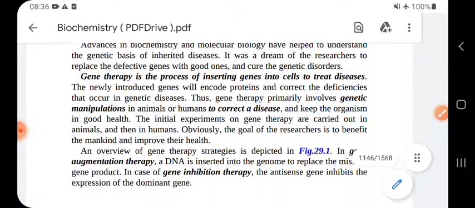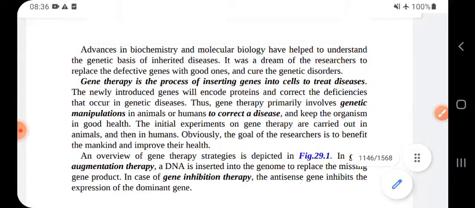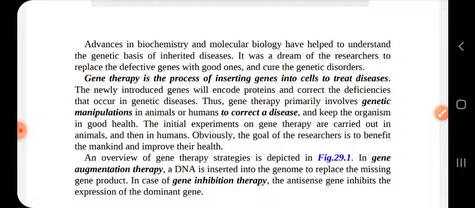So, what actually is gene therapy? Gene therapy is an experimental technique that uses genes to treat or prevent certain diseases. In future, this technique may allow doctors to treat a certain disorder by just inserting a gene into a patient's cells instead of using synthetic drugs or surgery.